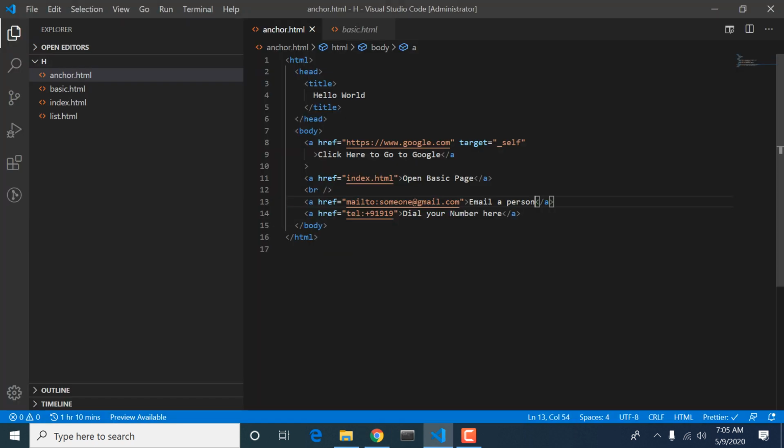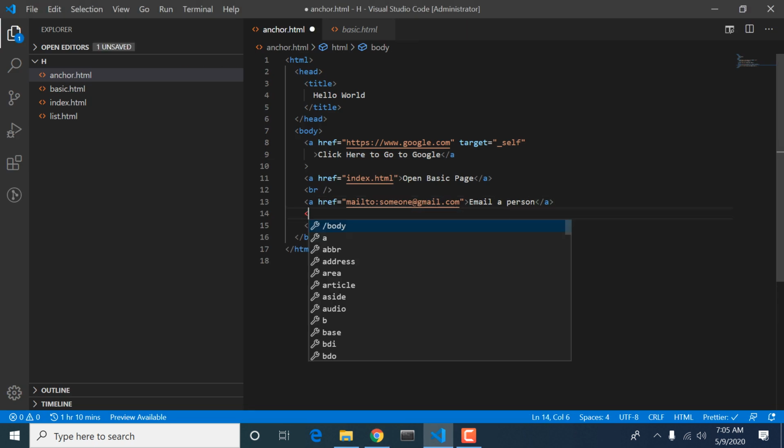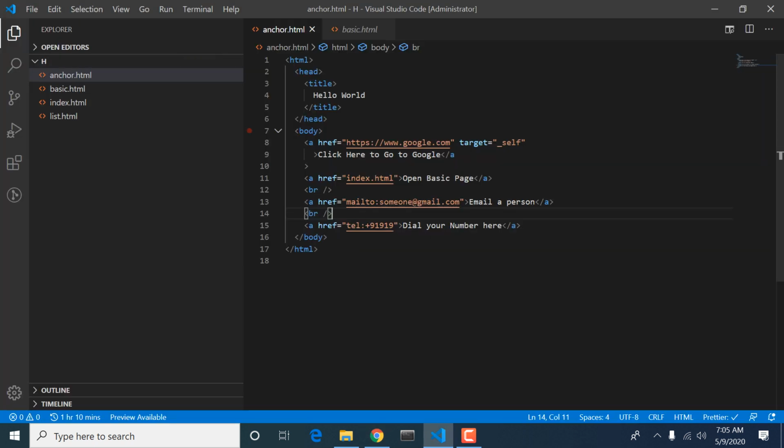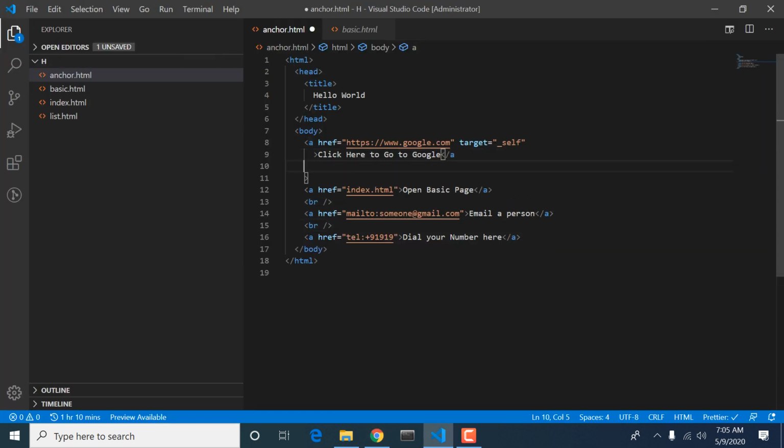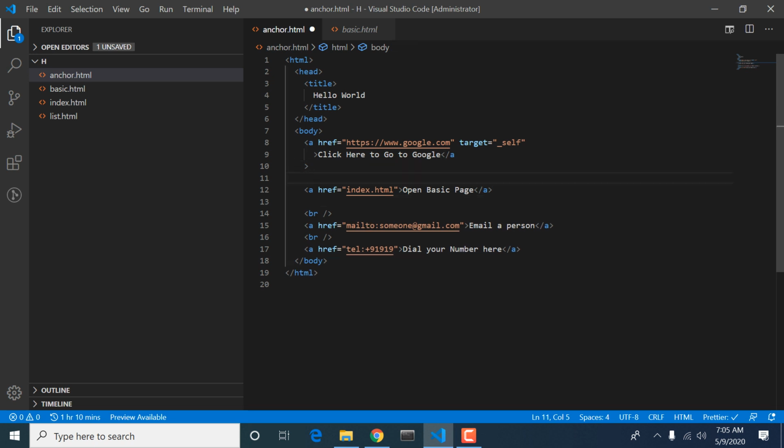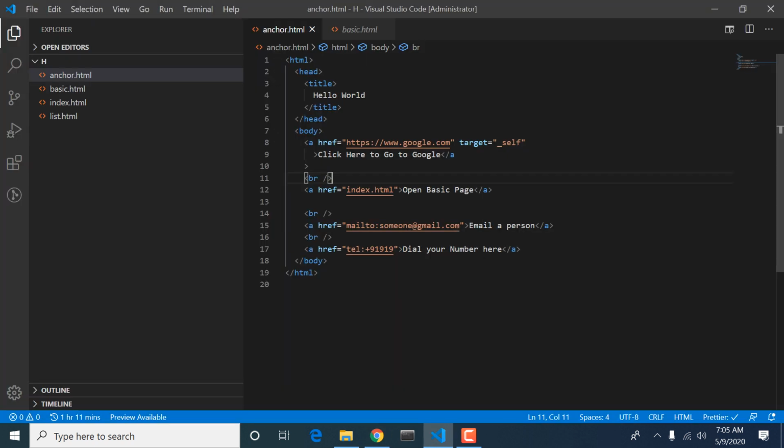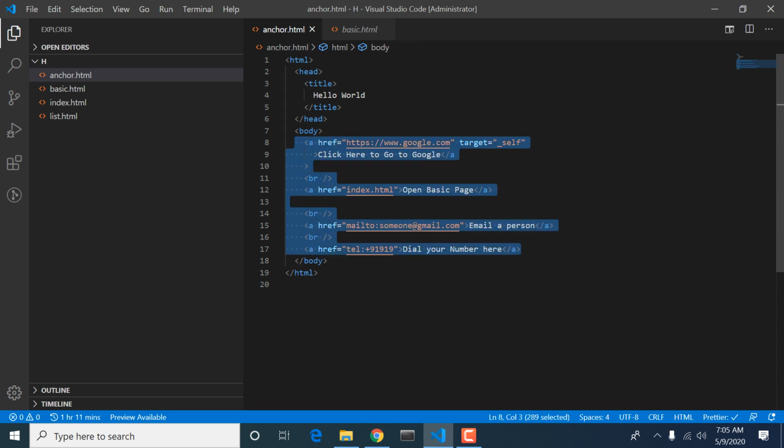Okay, guys. So when we refresh this page and add some break statements, it will look a little bit nicer, so that our code doesn't look too clumsy. That's why I'm adding breaks. So, email a person. It is not opening right now, but if you click, it will open an email to write on. Okay. So these are about your